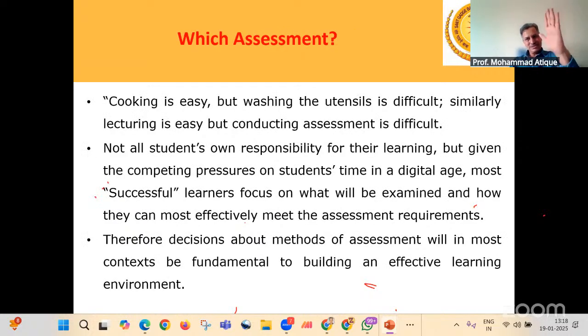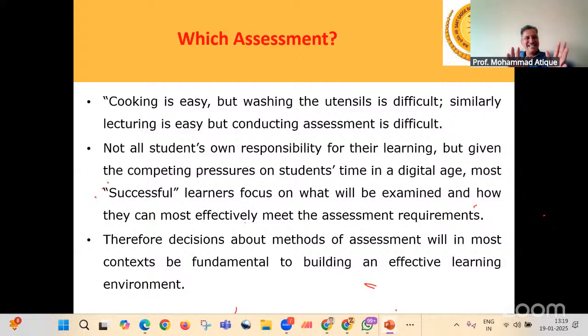Now let us dig into assessment, because our topic today is assessment. You have numerous types of assessment, but let us begin with what assessment is in general, right? Many times we say, and this is a very common thing, particularly the lady staff members will appreciate that cooking is easy but washing the utensils is difficult, and that's why they assign this duty to their better half most of the time.